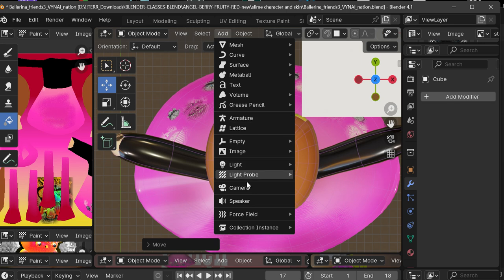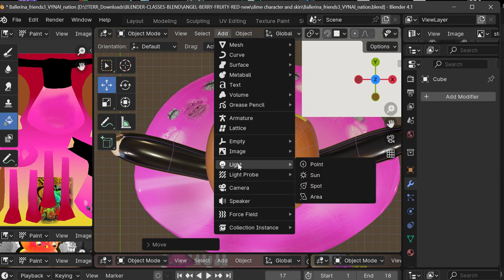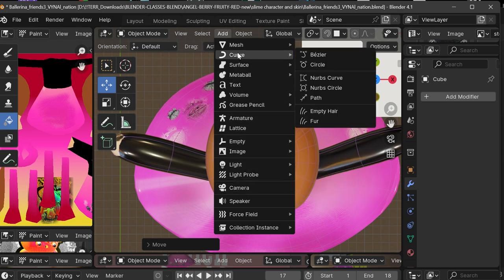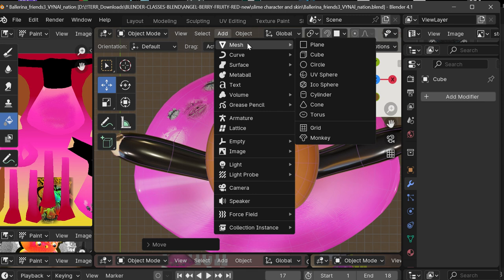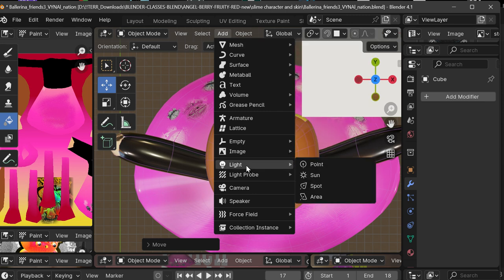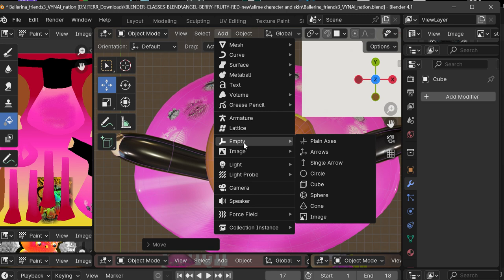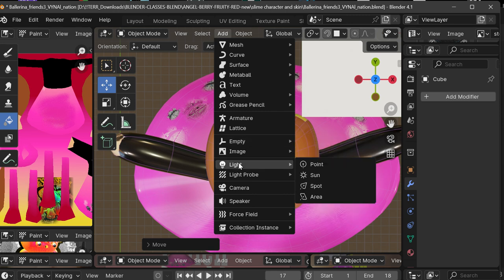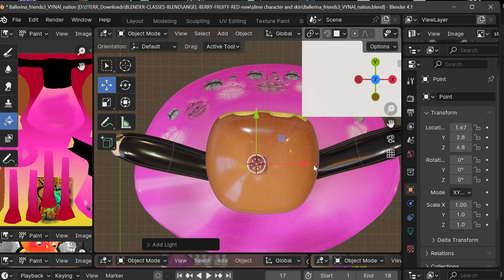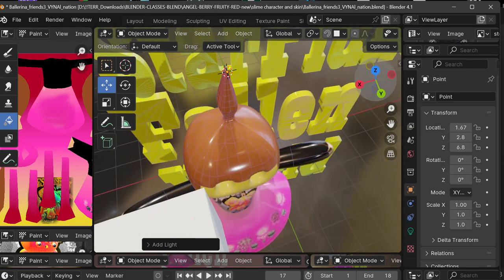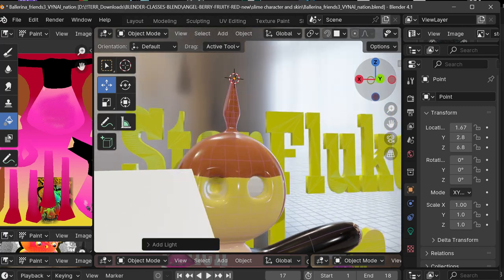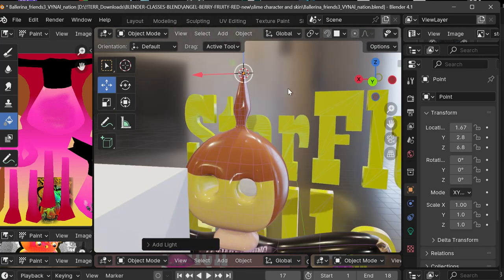Now add what you want, a light, a box, and it will import right to where the cursor was set. So we can put a light on our head. Let's pick a light. Okay. So now I will click up here, move around, and there's a light there, I believe,